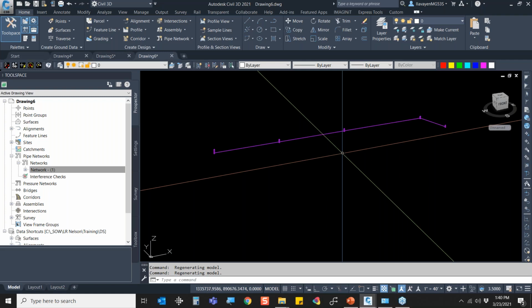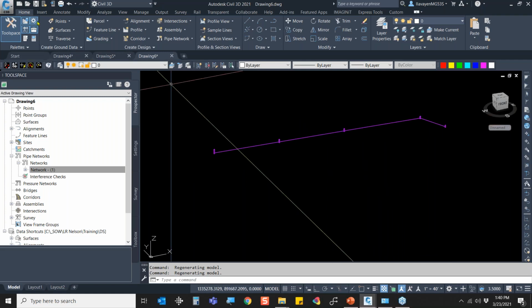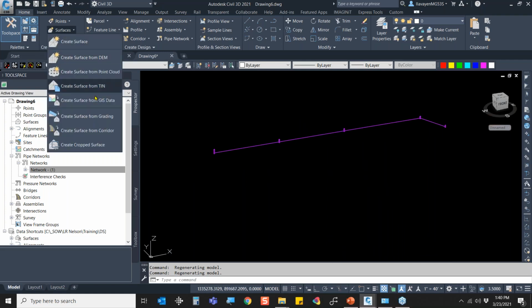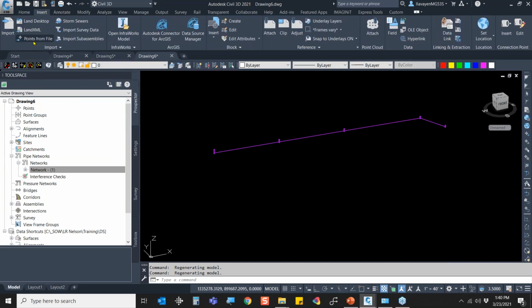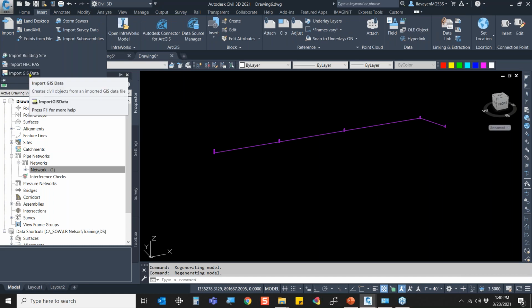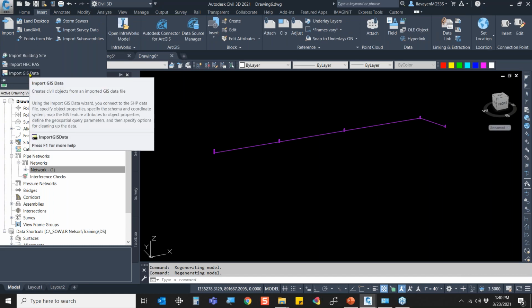Civil 3D. And the software provides two options. One, for surfaces from GIS. Two, from the Insert tab, I can create pipe networks from GIS using this button over here. Really powerful, especially for existing conditions. That way you can get utilities, or if you happen to have